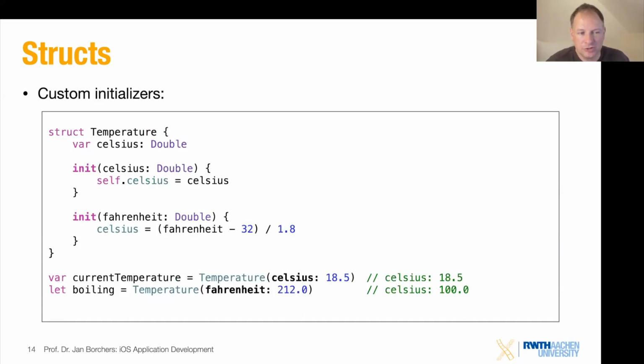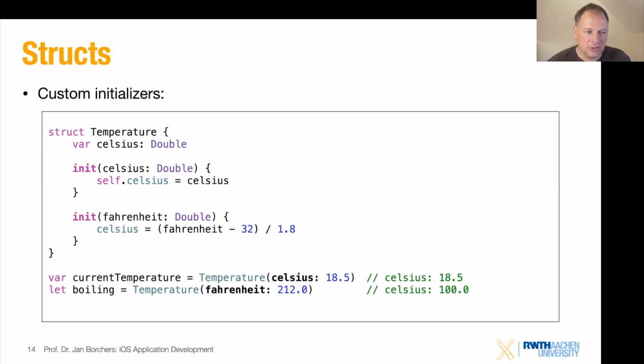We may have a temperature struct, and that could contain its value that we call Celsius, but it might also include two different ways to initialize it. One would be the standard one. If I provide a Celsius value, then it will just associate the value that I pass in as a parameter into the initializer with the member variable Celsius itself. That's how you would expect it. And if that was all you wanted to do, you wouldn't have to write this, because this is what Swift can do for you.